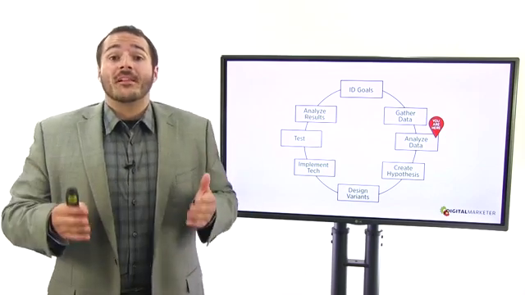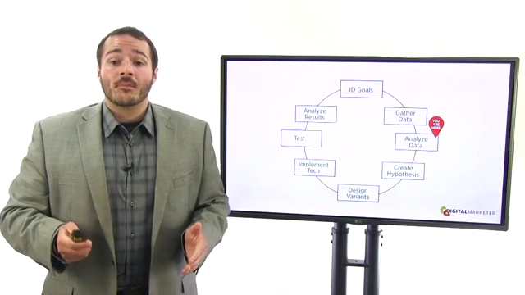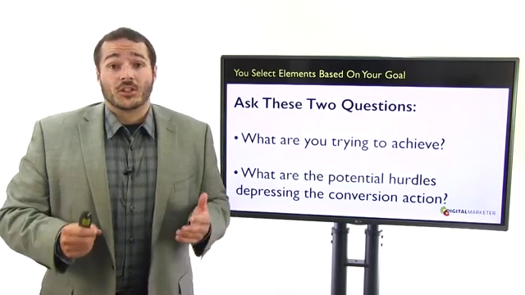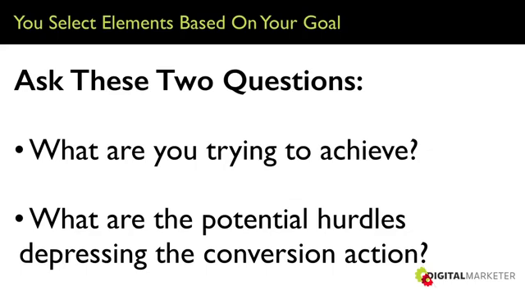So when you're at the element selection phase, you need to ask two questions. The first one being, what are you trying to achieve? So what are you trying to get done on this page itself? And how can you achieve this? And what elements can you change to achieve this? And then the next thing you have to ask is, what are the potential hurdles that are depressing this converting action? So that's really the what am I trying to achieve, and then how can I achieve it, and what's causing the problem